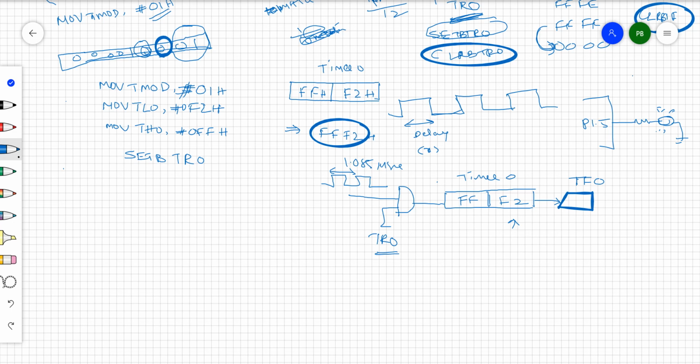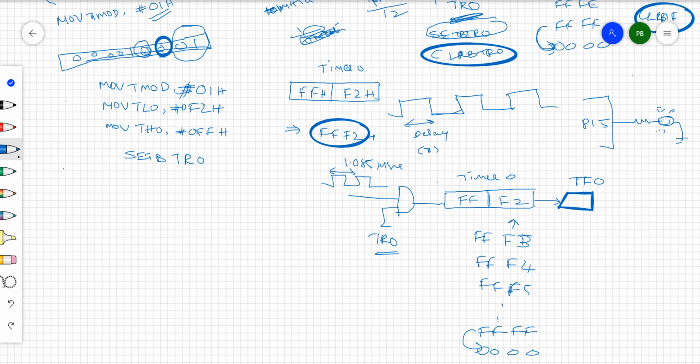This is all zeros. These values are moved to zeros. That means first it moves to FF3 with one time period. Then it is FF4, FF5, like that up to FF, plus overflow will occur.